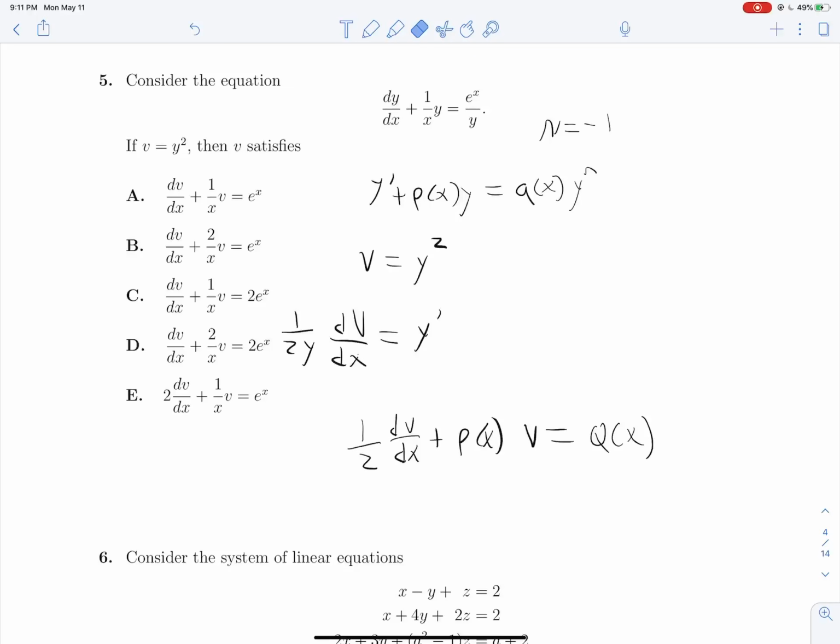Our p of x is just this original term over here, and so is this q of x, but note that it will be only a function of x, so we get e to the x here and 1 over x there. And then if I go back to our answer choices, if we multiply this 2 up into everything,